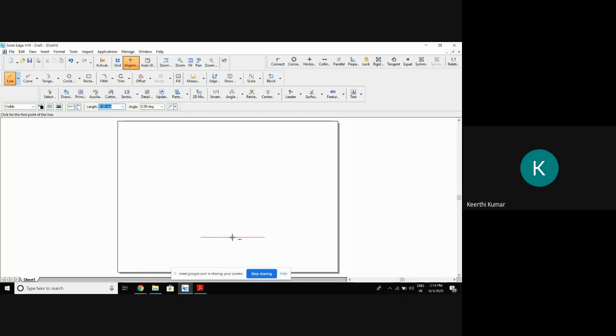Okay. 30 degree I'll draw here, 30 degree here. I'll maintain the angle. I am explaining with the theory method. Now my question is, what's the length of this? The base of the cube is how much? 50. How is it looking? The base of the cube is like a square only. Correct. So I need to draw a square here. But what is the size of the square required? Roughly I'll draw the square.